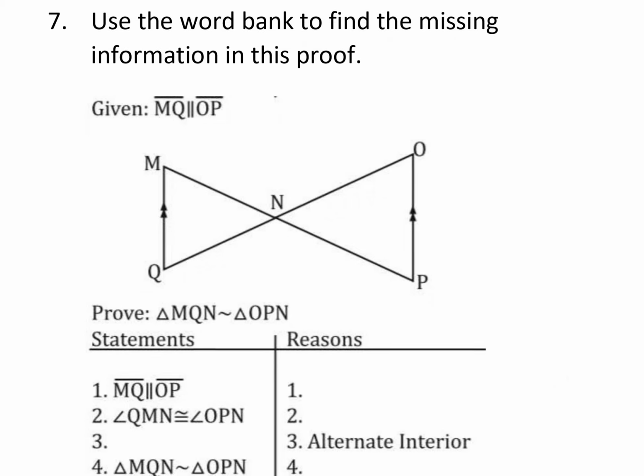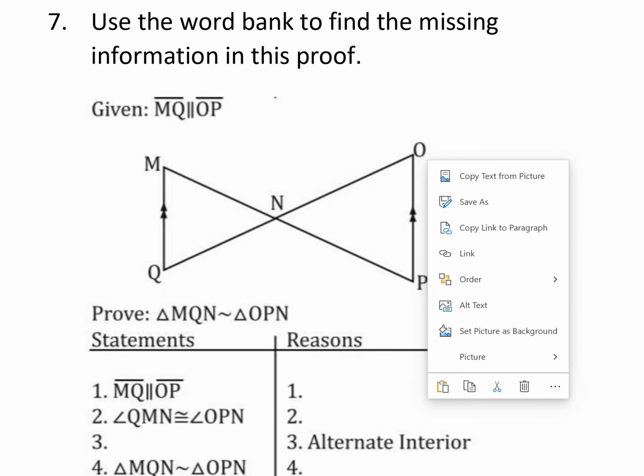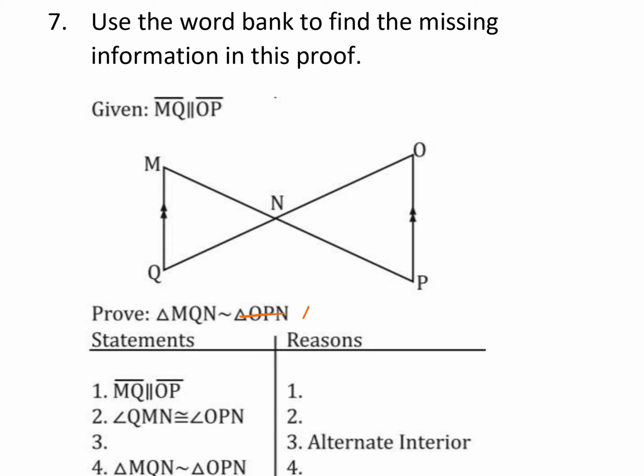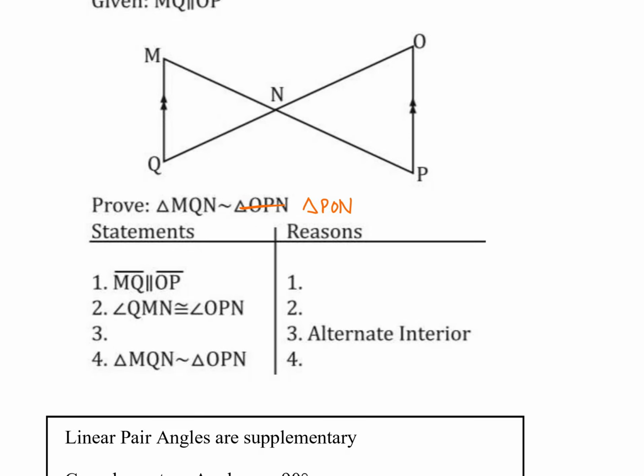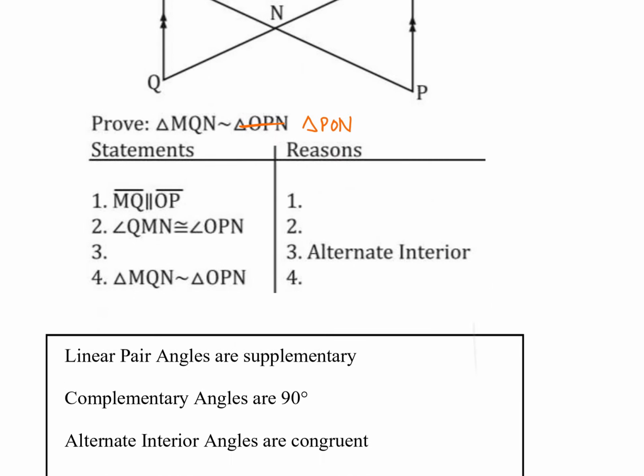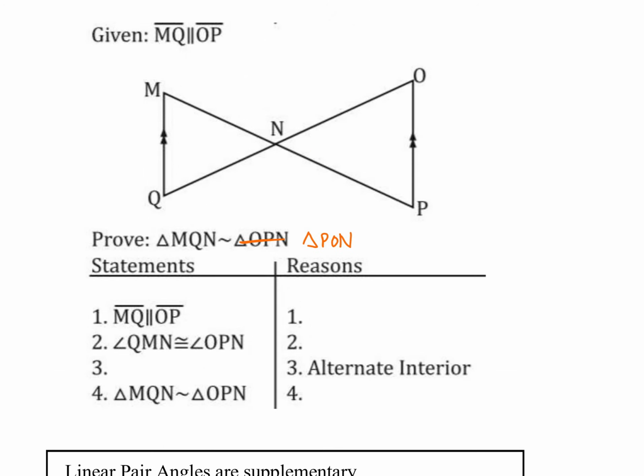All right, this is a sample proof. We do need to make a change to the worksheet and call this triangle PON, because the other would not be correct. All right, the first statement, and that first statement is not in your word bank. It is always going to be given because they are giving you the statement right here. First statement is given. And then the next reason, we've got QMN